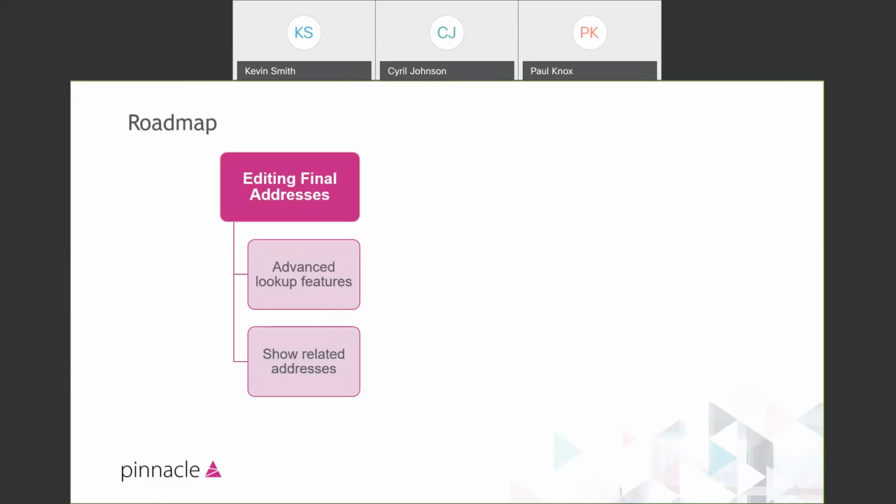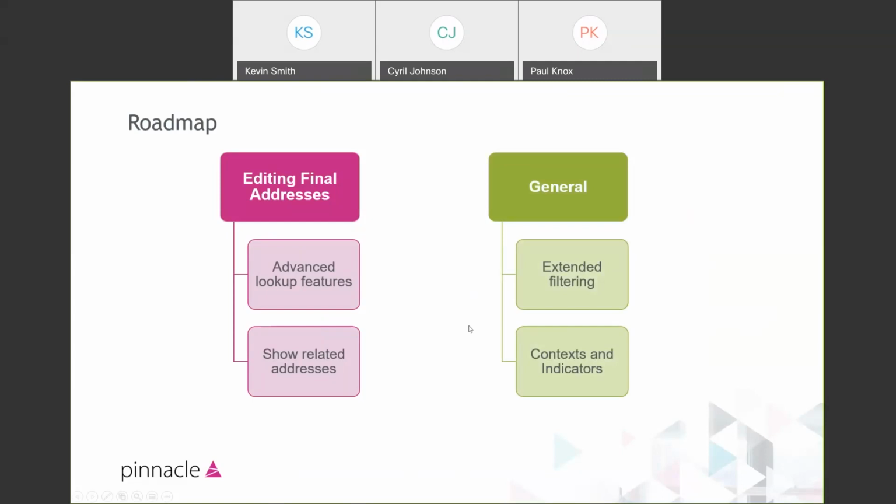In many cases, it may be the intention that the matter address was the same as the client, but for one reason or another, it no longer is close enough to it in its format to be identified as a duplicate, and you might want to be able to use that client address on your matter. And the other area is a whole set of improvements around things like extending the context information that